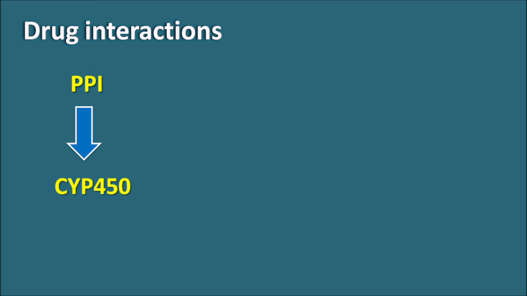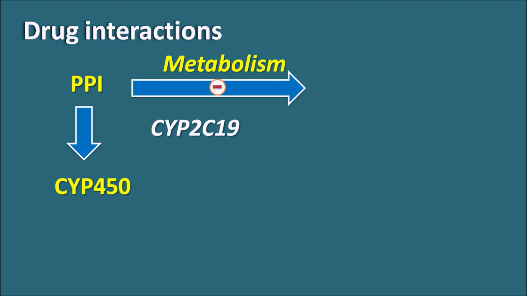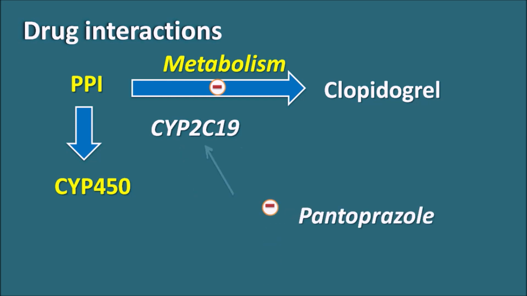Proton pump inhibitors are going to inhibit the cytochrome P450 enzymes, and one of the important cytochrome P450 enzymes on which these drugs are going to act is the CYP2C19. So whenever these drugs are given along with other drugs, they can decrease the metabolism of the other drugs. For example, proton pump inhibitors can inhibit the metabolism of the clopidogrel, one of the antiplatelet agents which is metabolized by CYP2C19. So here the pantoprazole can also inhibit the CYP2C19, thereby it can inhibit the metabolism of the clopidogrel. But among the PPIs, the pantoprazole has less inhibitory activity on the cytochrome P450 enzymes, thereby it shows fewer drug interactions.